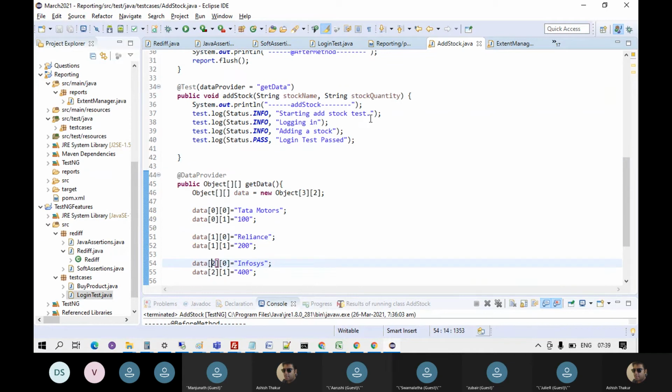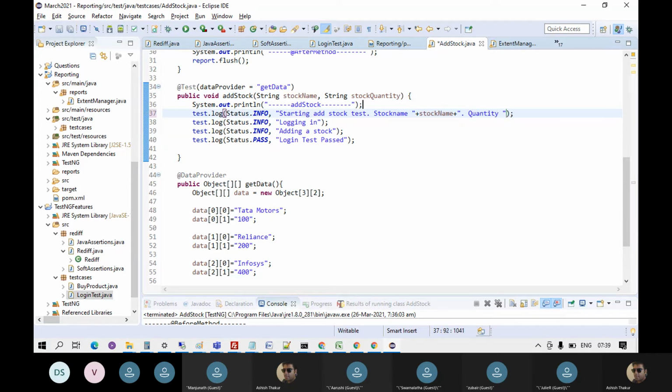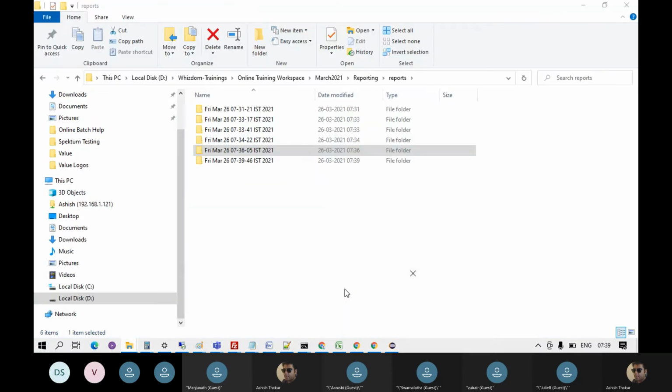Yes. So you can mention over here starting the stock test, you know, stock name is this particular stock name. You can log it in the reports, and quantity is this particular stock quantity. Right. So when you run this code, it runs fine. And if you look at the reports,